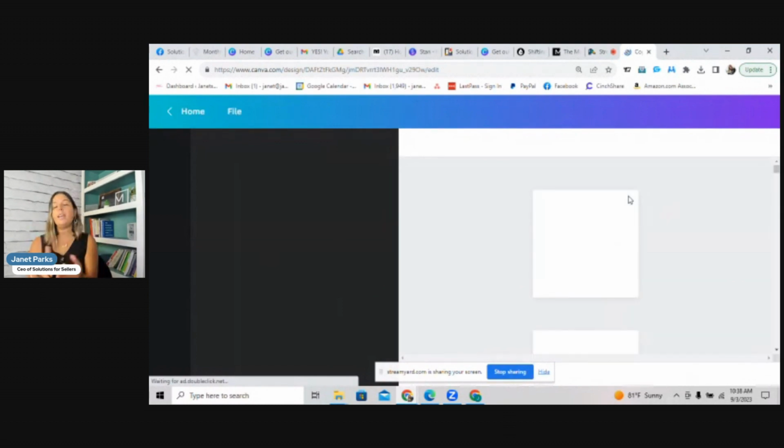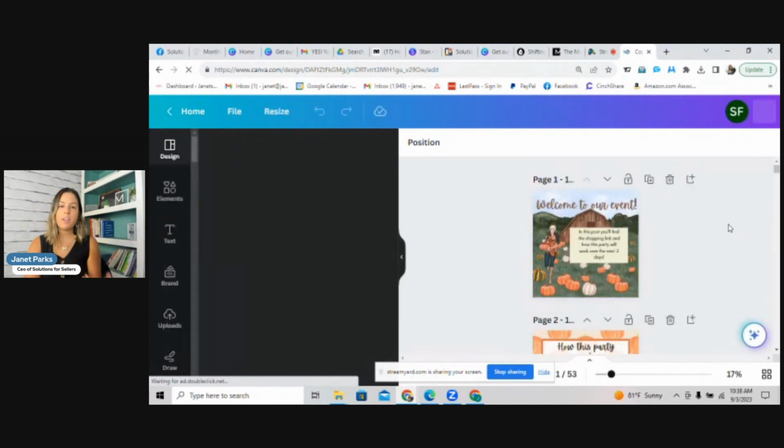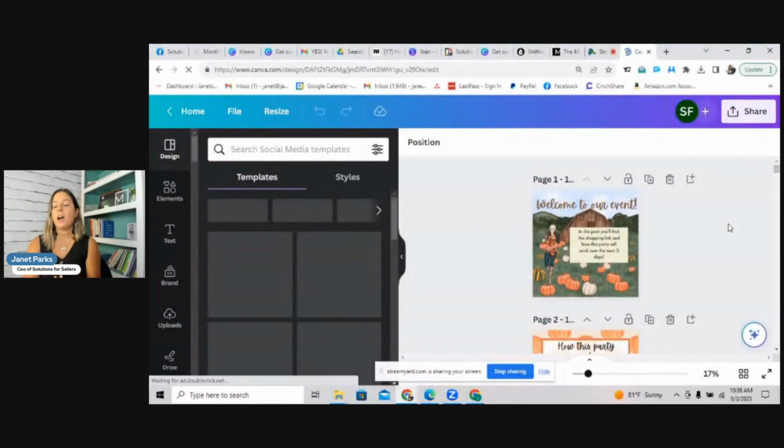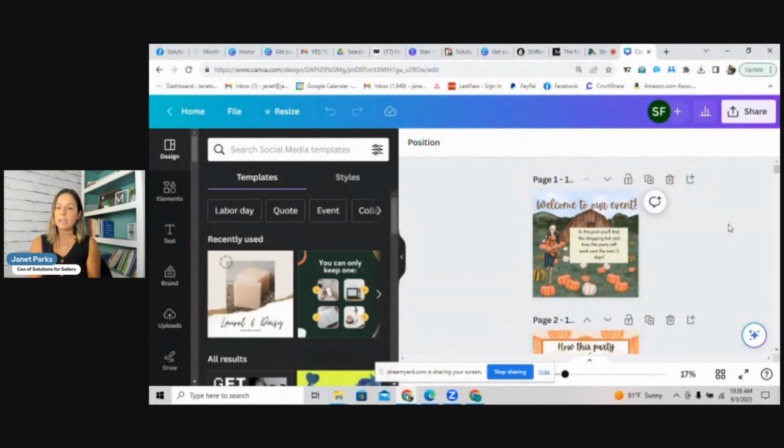So you'll see once you hit use template, it will take you automatically to Canva. Okay. You can create a free account with Canva if you don't have one. If you do have it, it's going to automatically take you there. If you don't have it, it'll require you to sign in. But once you get to Canva, here's what I'm going to advise.